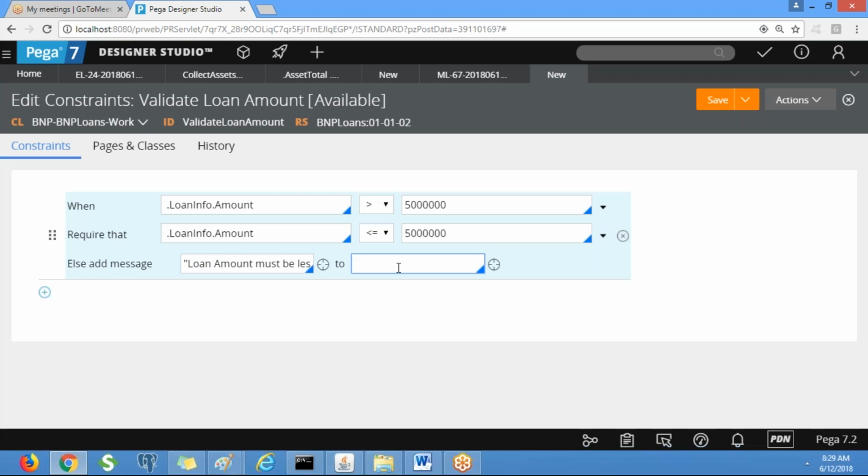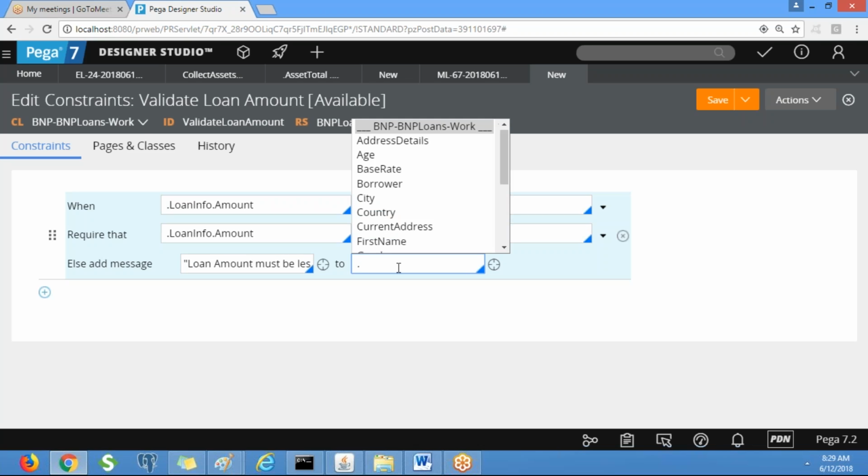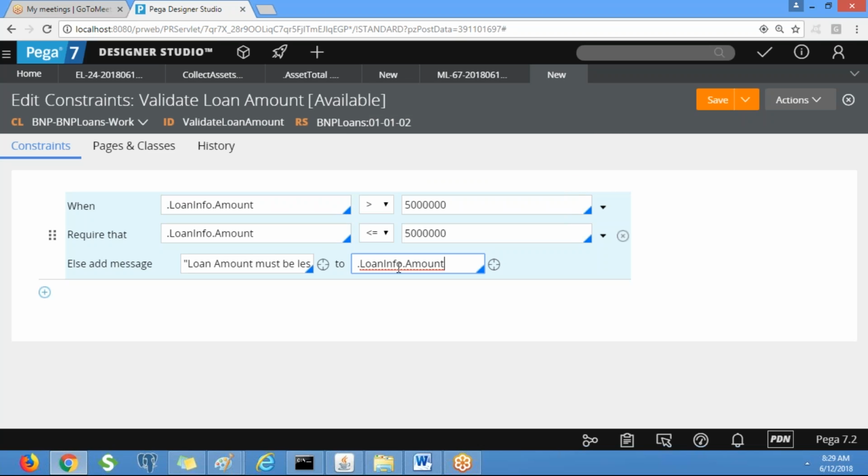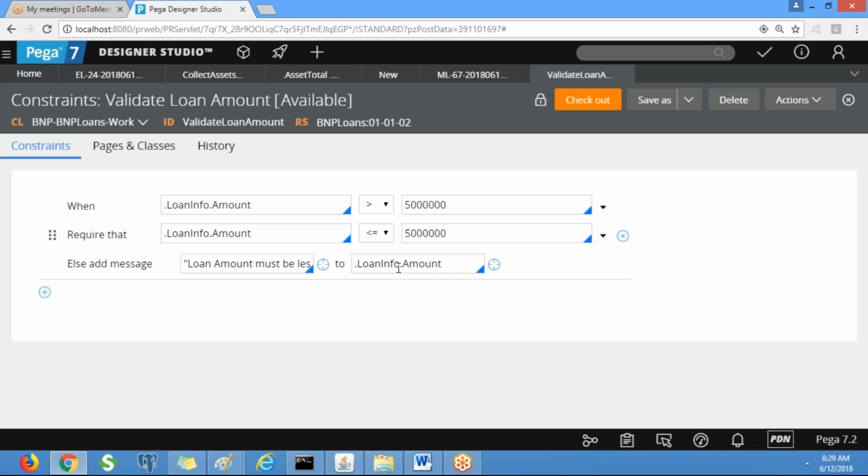So where we need to display this message? On which property? Loan info dot amount. Clear? So now you tell me, where we need to invoke this constraint rule?